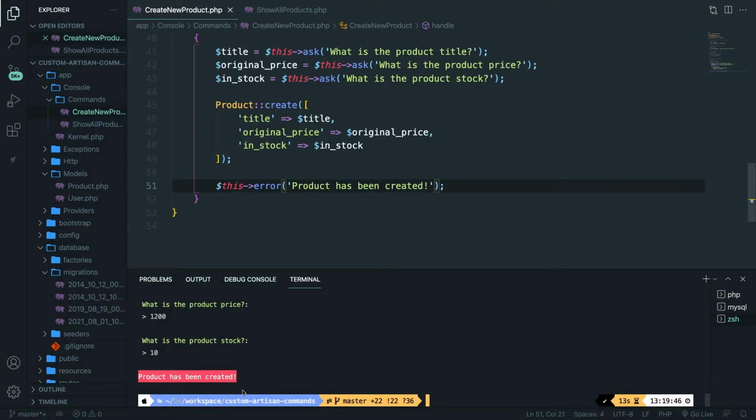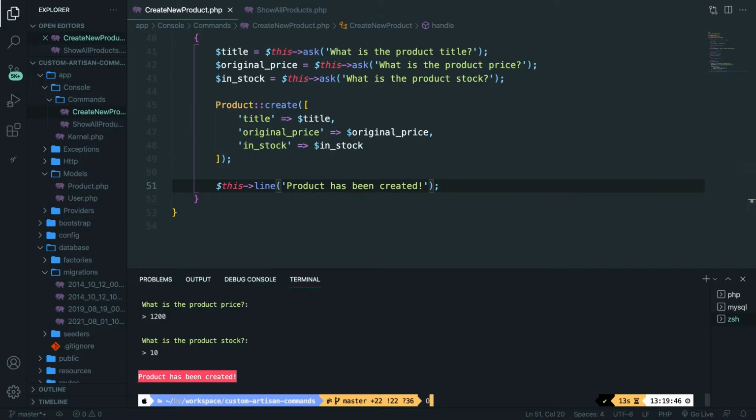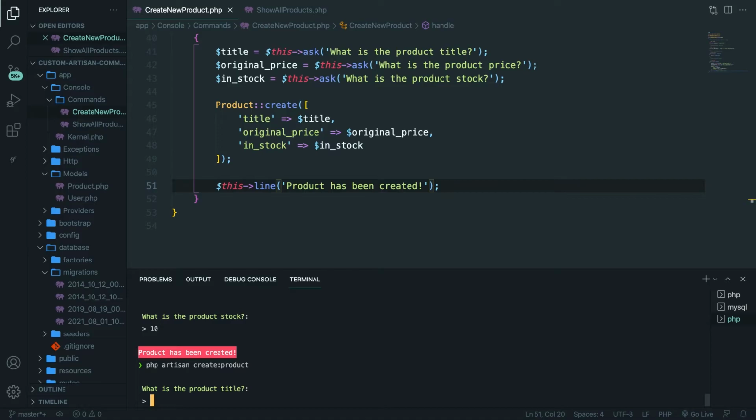Now let's say that you find the different colors childish, which I can't understand since it's pretty important. There is also a method that just prints out white text. Now to do that, we need to change error to line, save it and hit the arrow up in the CLI. Let's perform one more time,